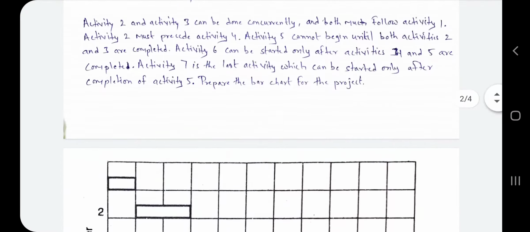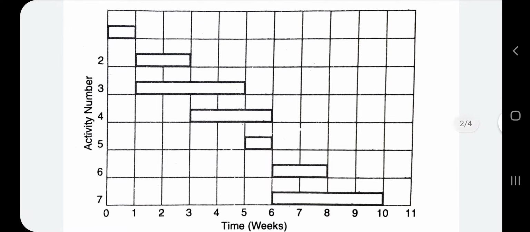Okay, so let's see, this is the activity versus time bar chart. In our first case, activities 2 and 3 start concurrently and must follow activity 1, meaning activity 1 ends, then 2 and 3 start in parallel. So activity 1 ends, and this activity is for 1 week, and activities 2 and 3 start in parallel. This activity 2 is for 2 weeks and activity 3 is for 4 weeks. Okay, now let's see,